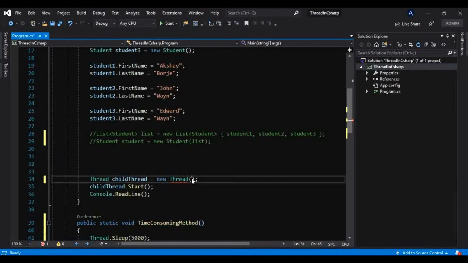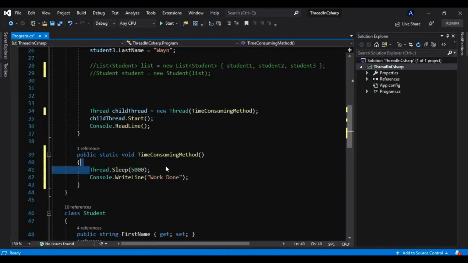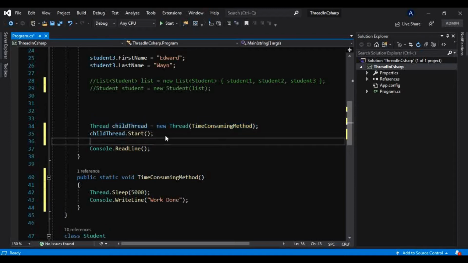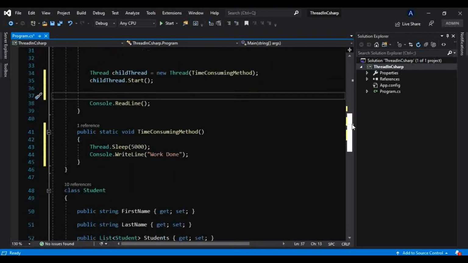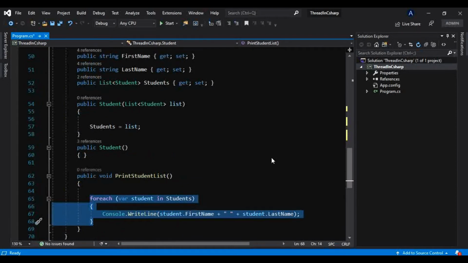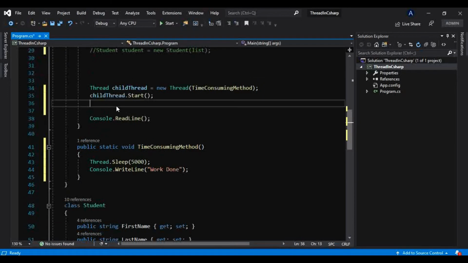This is a time consuming method and it will take at least 5 seconds, because we make that thread go to sleep for 5000 milliseconds, that is 5 seconds. After that time consuming method, we will print the list of students directly here.